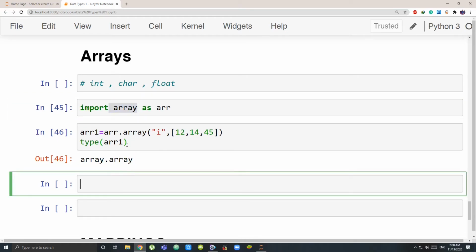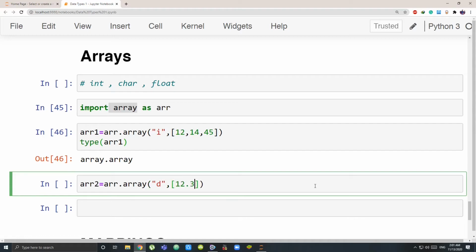Now I'll just show you with another example with some different array. Let's make a float array. So array2 is from the array module whose name I've given ARR. Bring me the array function that will make an array. Now because I am having floats, I have to write D. D is used for floats, to make a float array, and I have to put my float values in there.